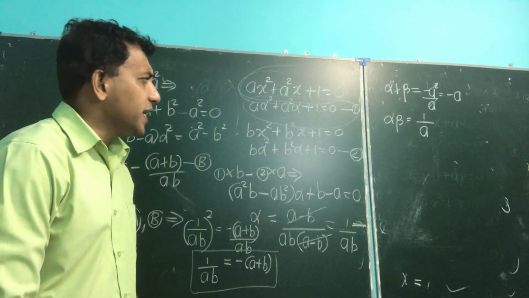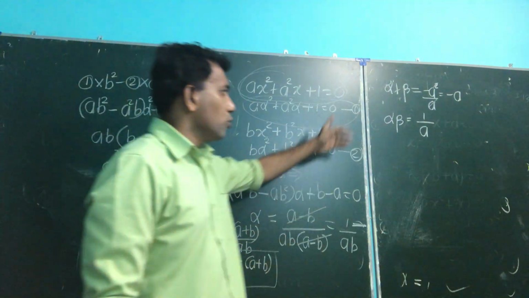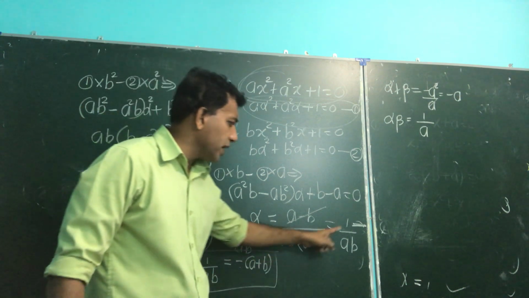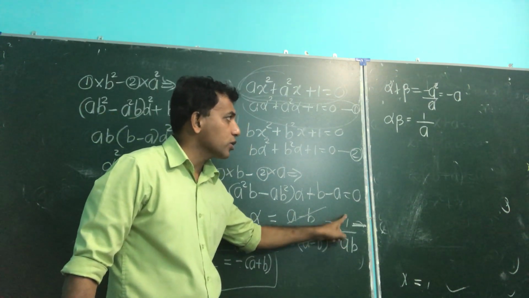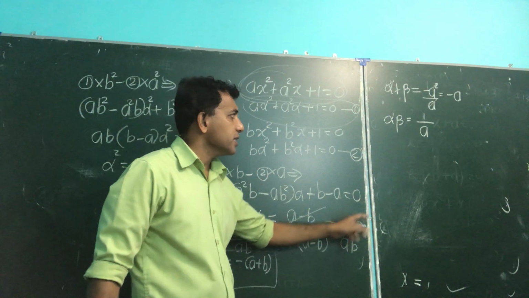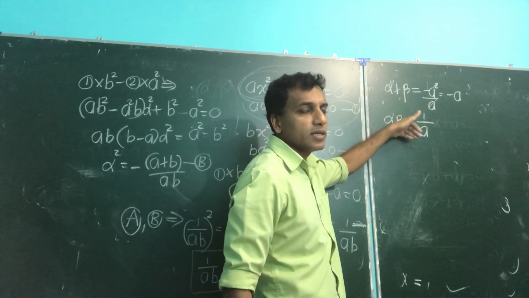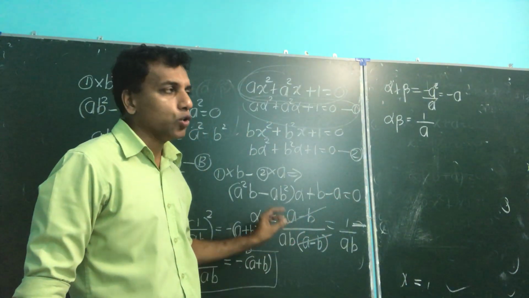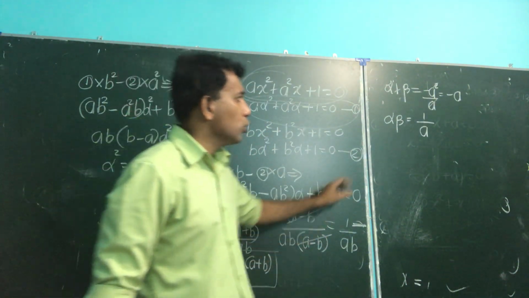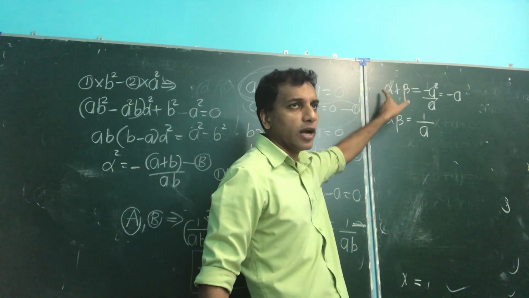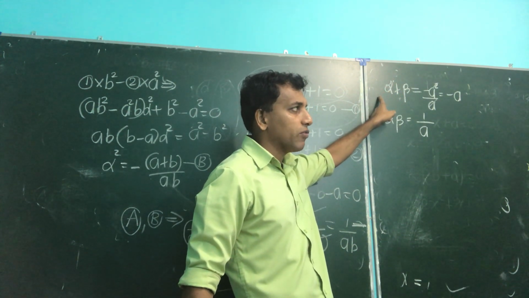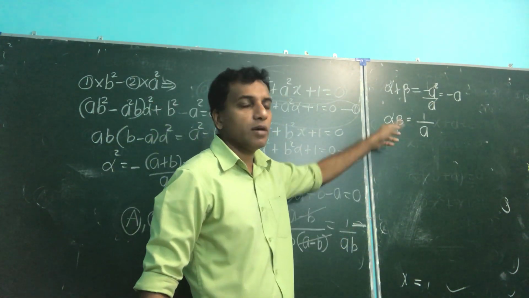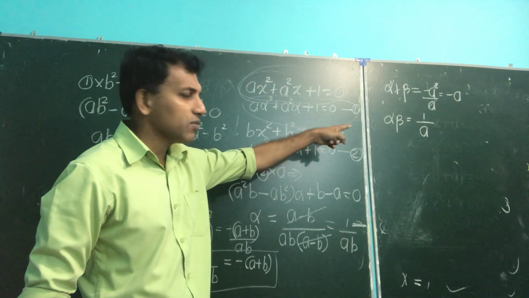So try to find the beta answer. Here you have two methods to find. But once you know alpha answer, see alpha is 1 over AB, no? Alpha equal to 1 over AB. Therefore, I think this is easy. I got the two answers to find the beta. Once you know the alpha value, you use it to find the beta by substituting the alpha. Or use the alpha here, find the beta. You decide. I think second one is easy.